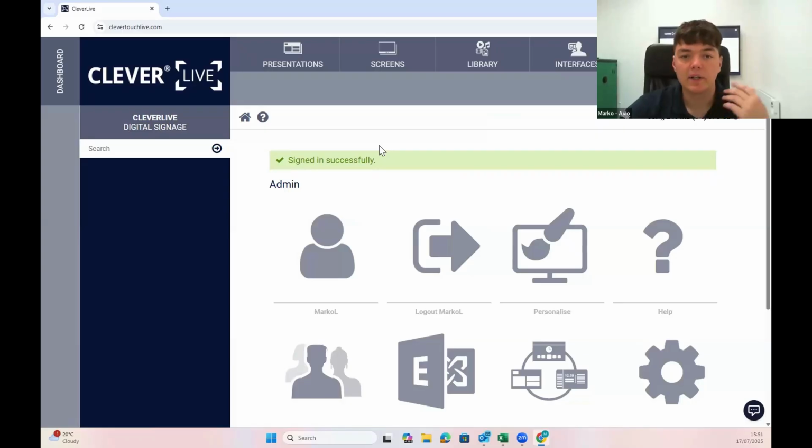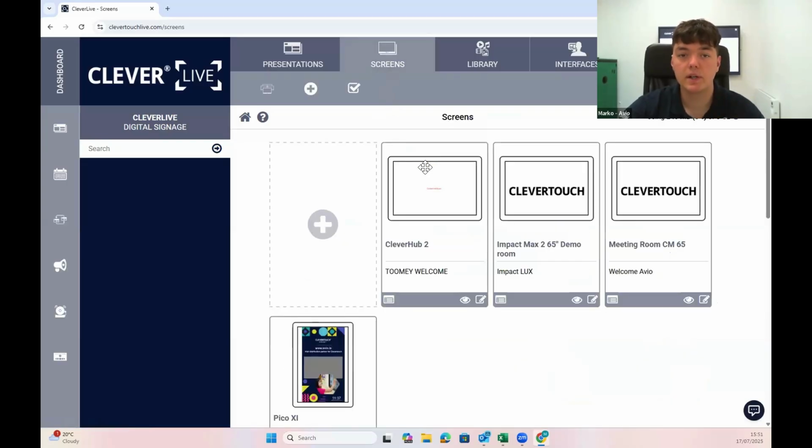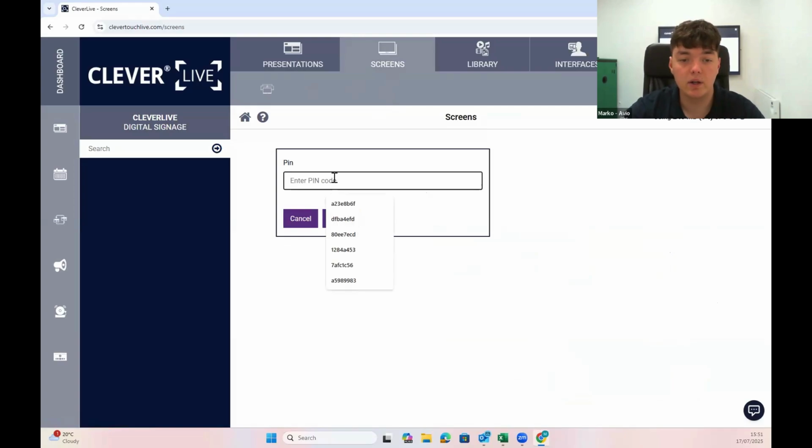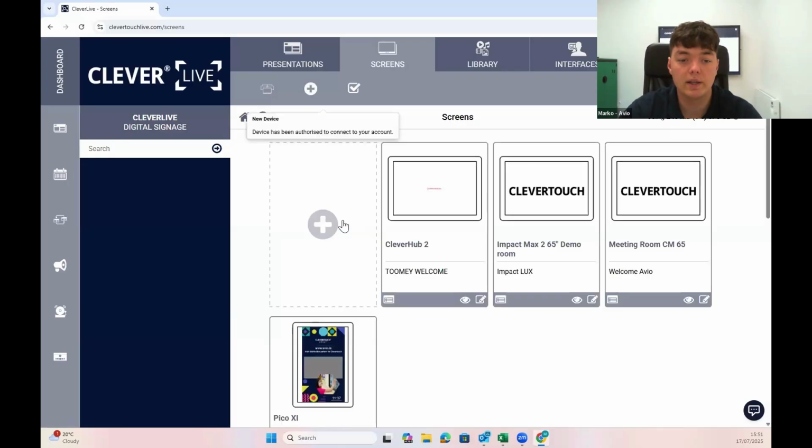Once I'm logged into my CleverLive account, I'm going to navigate to the top where it says screens. Once I'm inside my screens, these are the different screens that are currently connected to my CleverLive account. If I want to connect a new Clevertouch screen, I can use this plus icon and enter the unique PIN code that we're getting on our Clevertouch. Once I've entered that unique PIN code, I'm going to hit submit and that's going to add my device onto